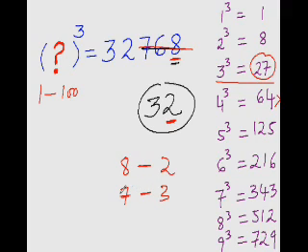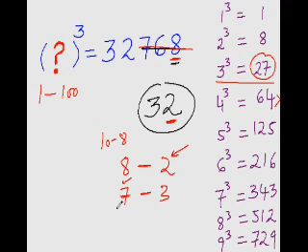All you need to do to find the conjugate pair of 8 is to subtract it from 10. So 10 minus 8 is 2. If you have to find the conjugate pair of 2, then you subtract 2 from 10. So again you will get 8. Same logic here. If you have to find the conjugate pair of 7, 10 minus 7 is 3, and for 3, 10 minus 3 is 7. Are you getting the point?